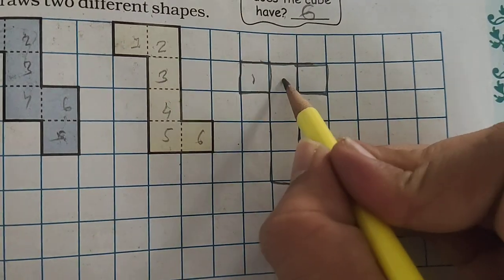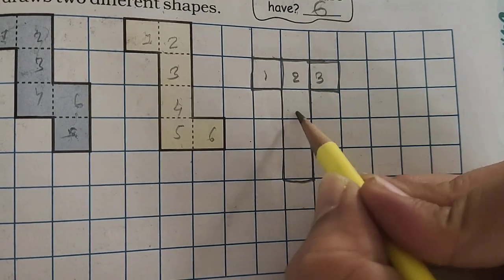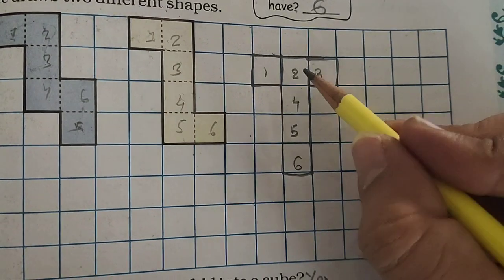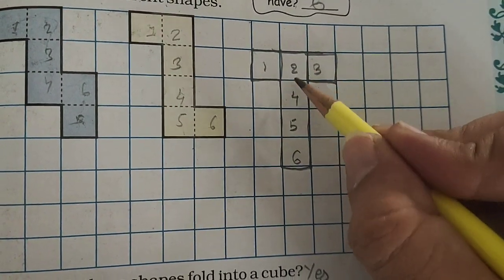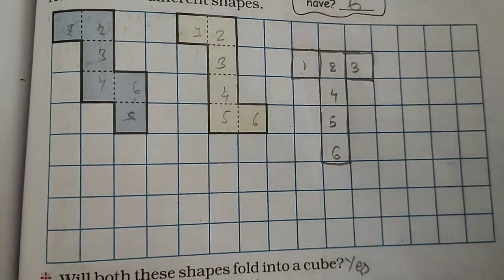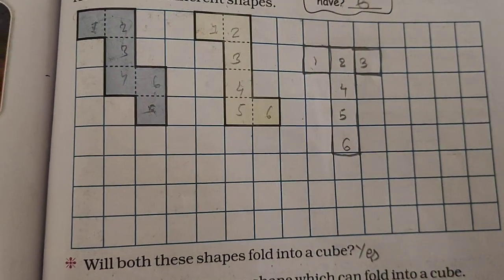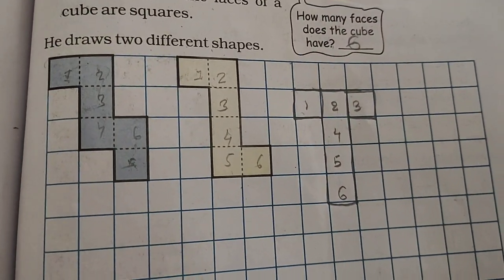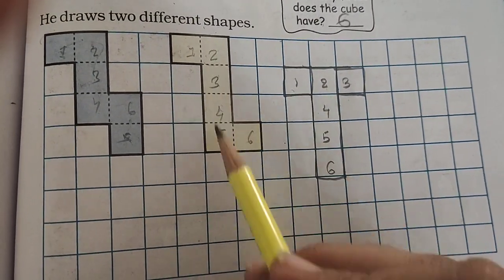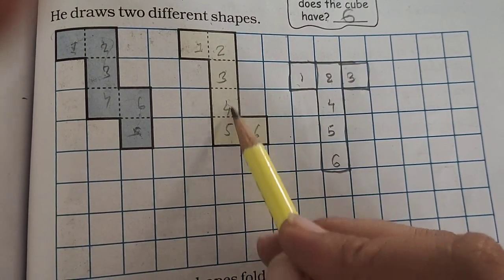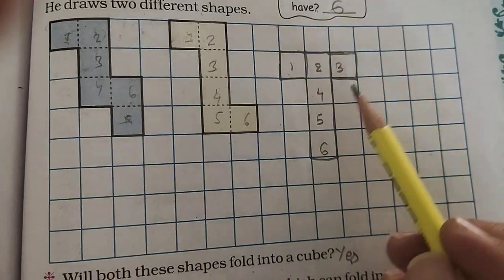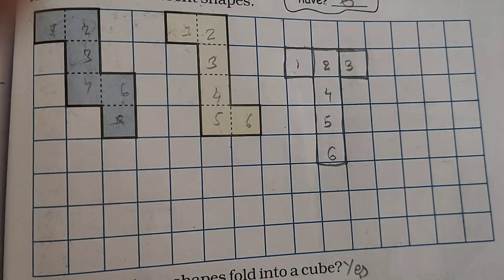See, 6 shapes are there. This 2 will be, we can fold this, 4 will be the sides, this will be the top and this will be the bottom. So by this we can see that a cube will be made. Students, when you are making the shapes, you have to see that 4 will be in a straight line, or we can see the sides. One flap should be on the right hand side and one flap should be on the left hand side. Then only we can make a complete cube.